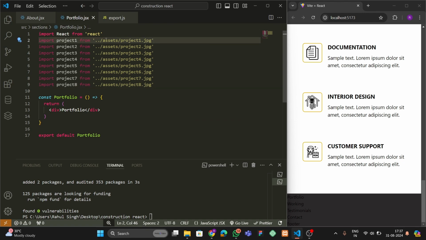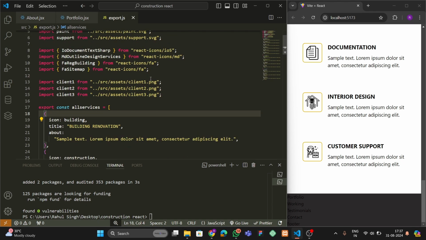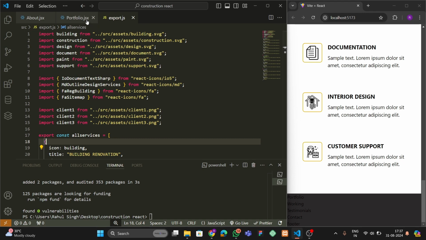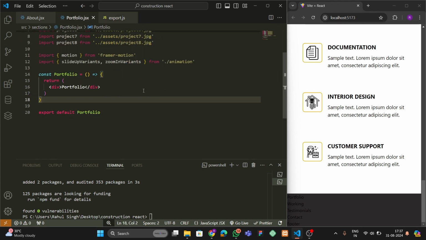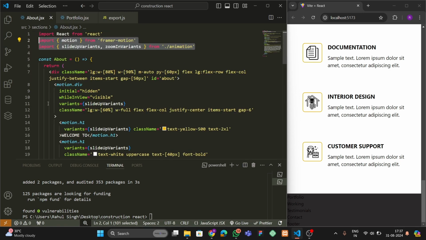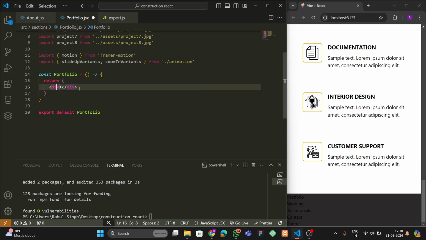Okay, then after that we have to go to our about, and here we have to import these files from here. Then we have to go to portfolio, and after that let's import this. Okay, now what you can do, you can just copy and paste some sections here. So let me do one thing. Inside this we have to remove this, and let me give here id